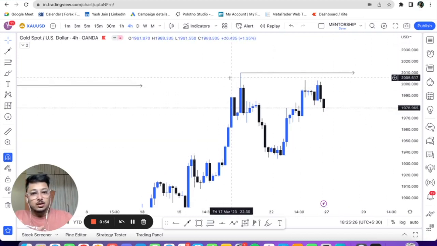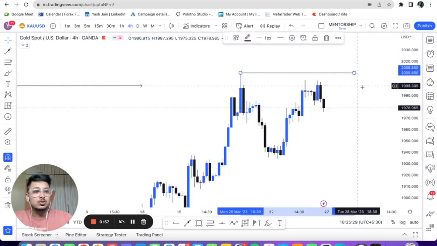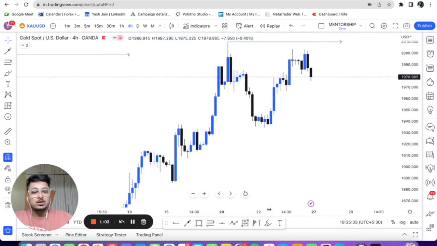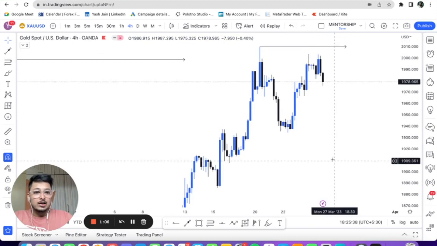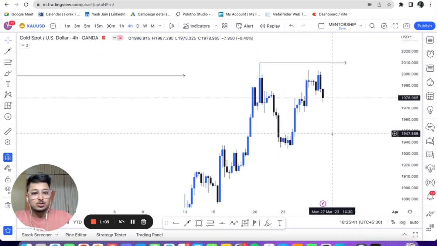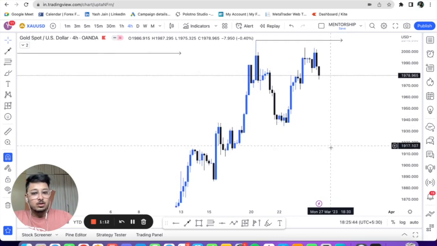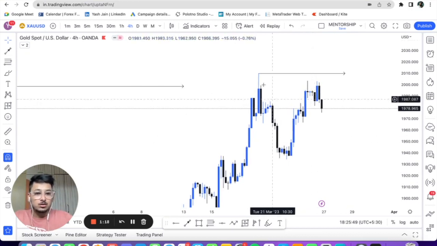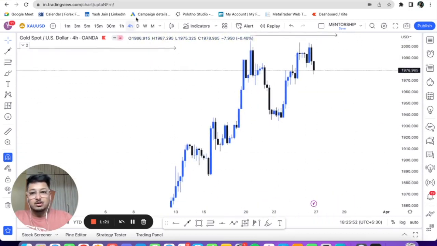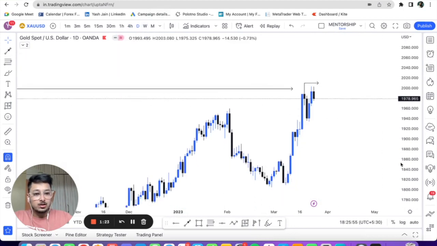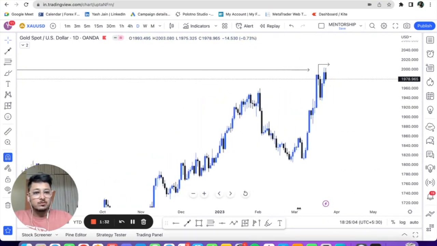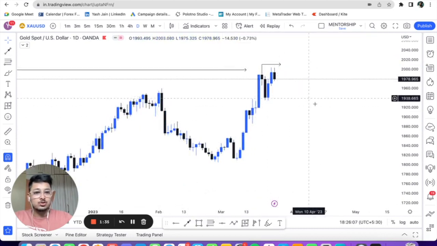Right, so the structure has been broken and it looks like until 2009.85 is protected on gold, we can expect a downside, we can expect a reversal, and the correction could be as low as maybe 1950 or even lower than that. There's a very high probability that if we do not break 2009, we can land into a bigger demand area this time, which could be maybe lower into the 1800 region. So I am just looking for opportunities to short unless and until 2009 is protected.